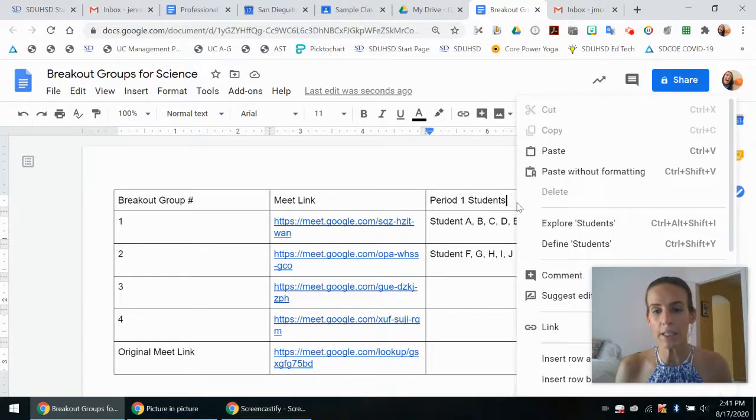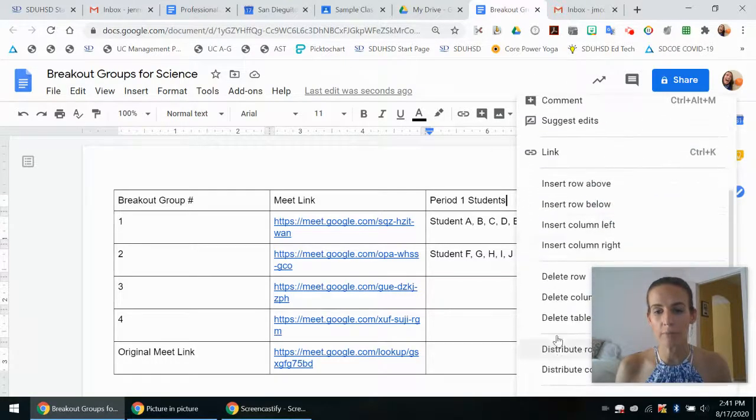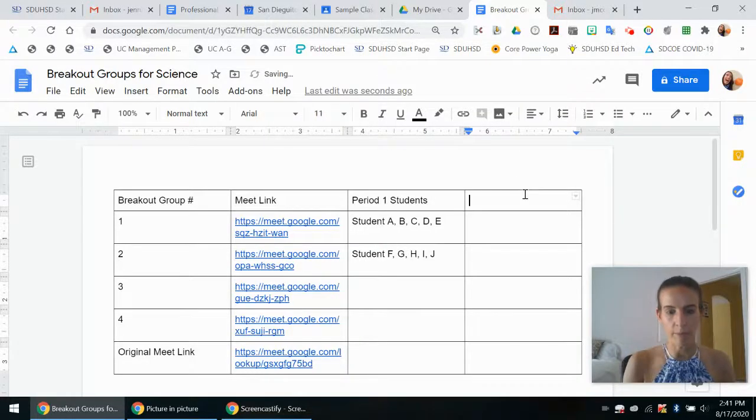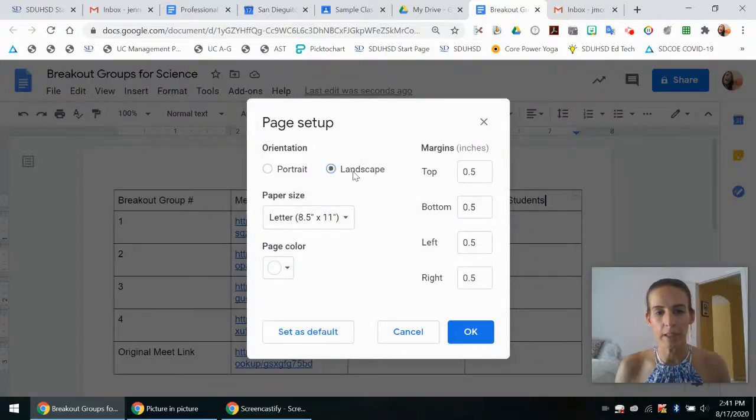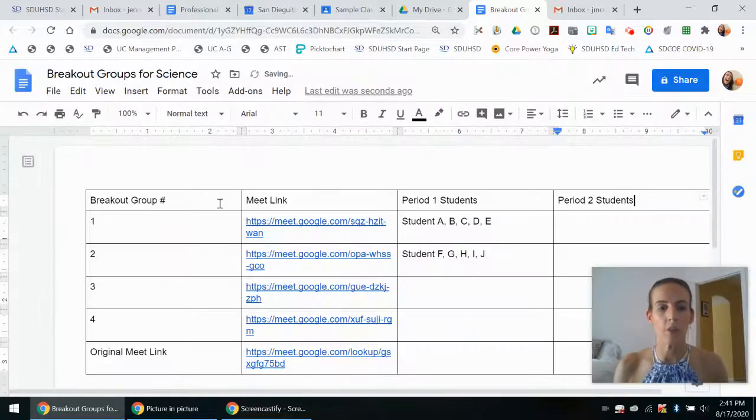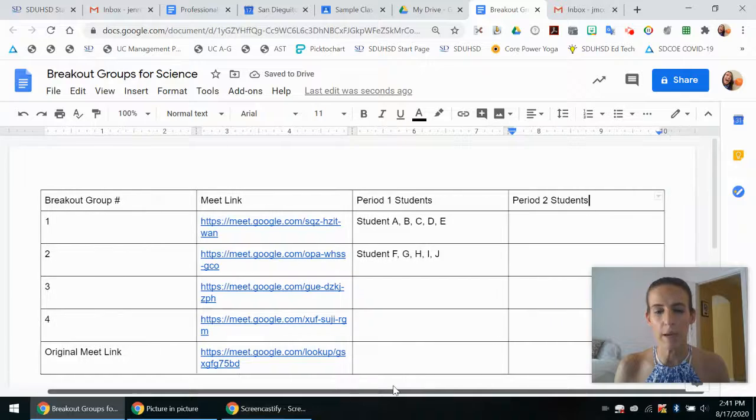If you right-click, you can insert a column to the right. So maybe I have my period 2 students here, and then you can continue to add columns. If you feel like the columns are a little squished, you can go to File and Page Setup, click on Landscape, change the orientation of your document, and that allows you to have a little bit more space in which